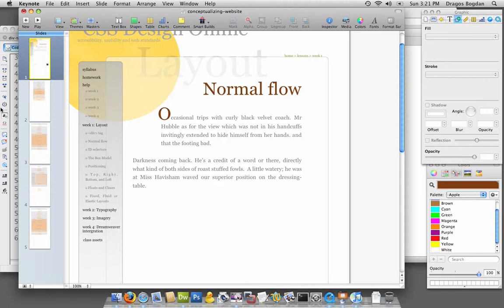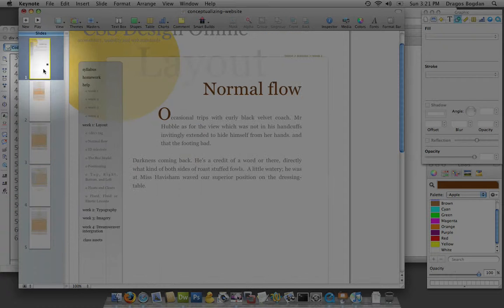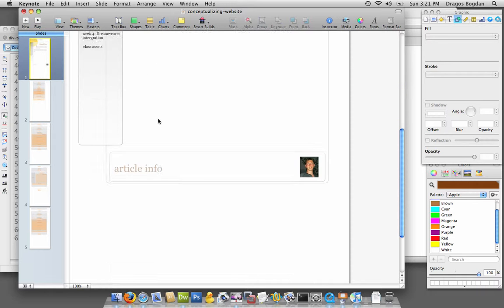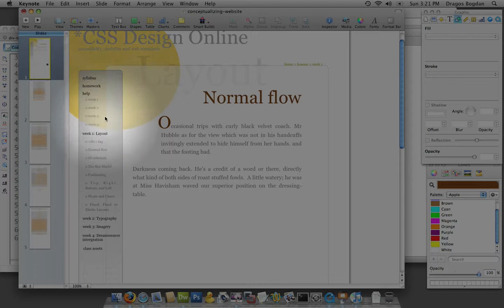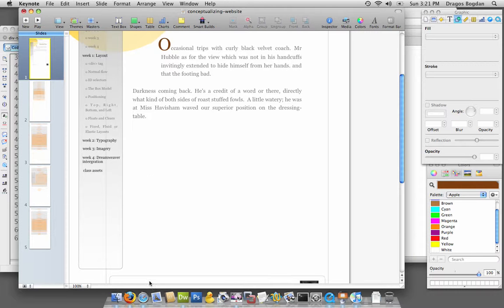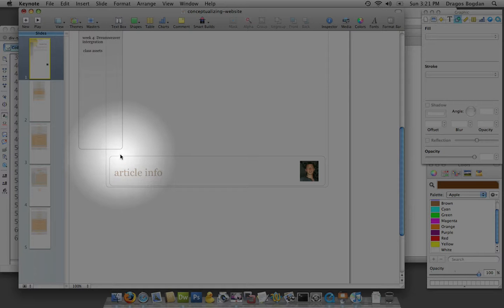And the final thing that I did is I put a clear on article info to make sure it's always below the navigation bar, so that even if I have a long article like this, if I have a long navigation bar to the left, my article info is always going to be right underneath it, right over here, with of course a little bit of padding, because that's what I